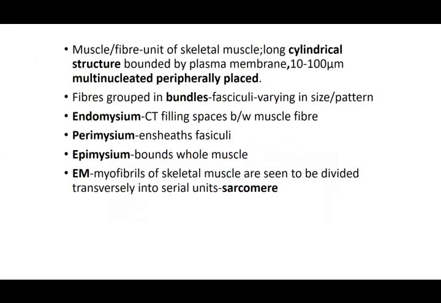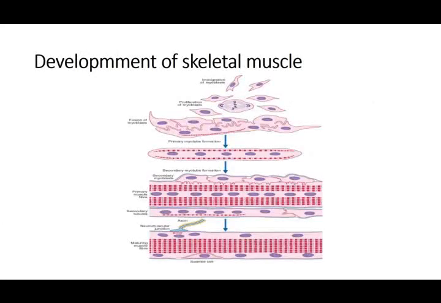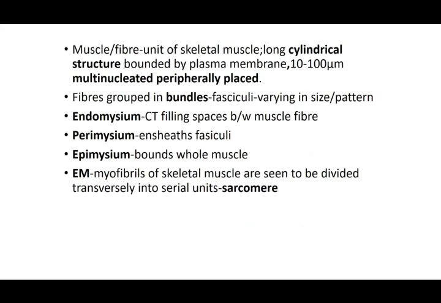Now this muscle is a cylindrical shaped fiber. It has plenty of nuclei, multinucleated, and they are placed at the periphery, just next to the cell membrane. When many cell fibers unite together, they form myotubes, and these myotubes give rise to this cylindrical, multinucleated fiber. They run in groups. The innermost, one fiber, is covered by endomysium. Then they run in bundles, and these bundles are covered by the perimysium. This is all connective tissue.